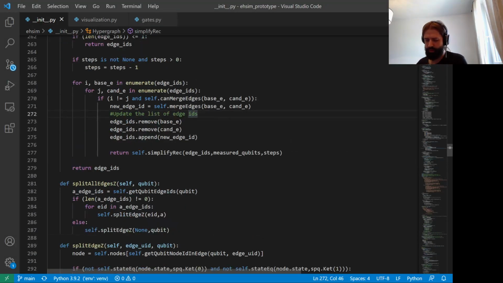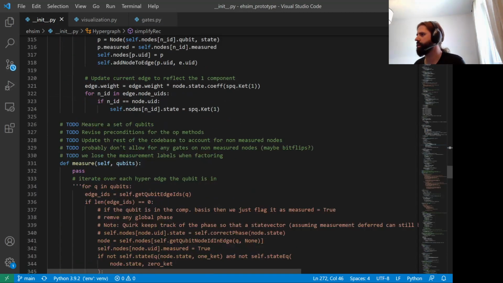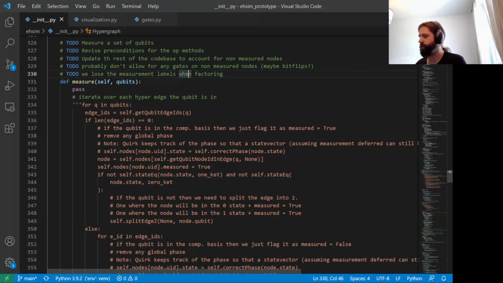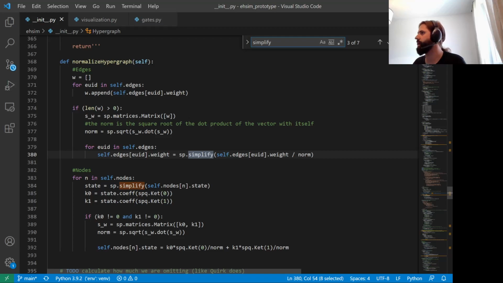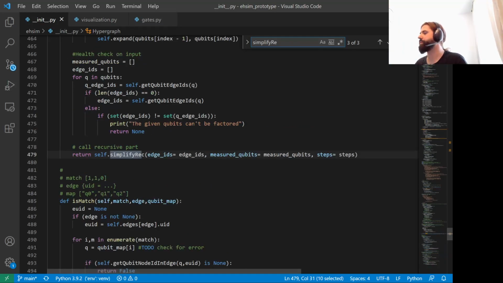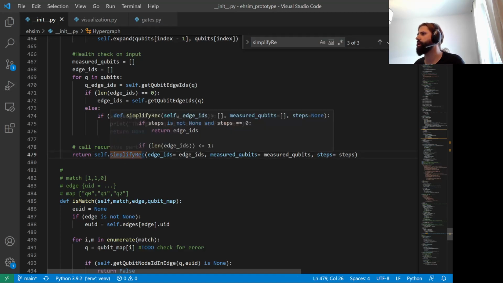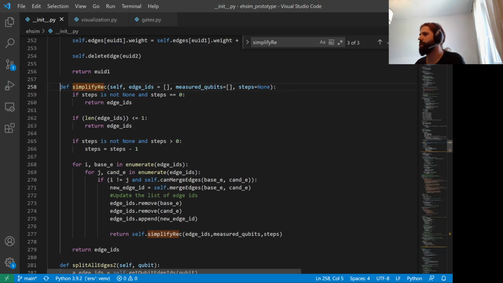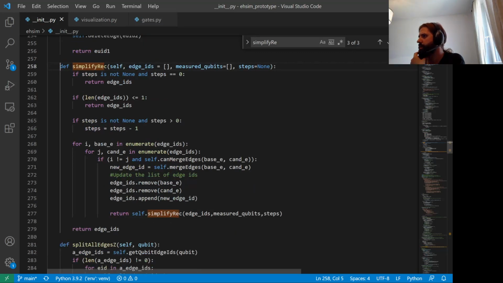So now basically this measure to do definitely. So if I go to simplify, what am I doing? If I go to simplify recursive, so basically this takes me here. I'm doing it. It's much more compact, and I also realized that at the end of the day, the actual